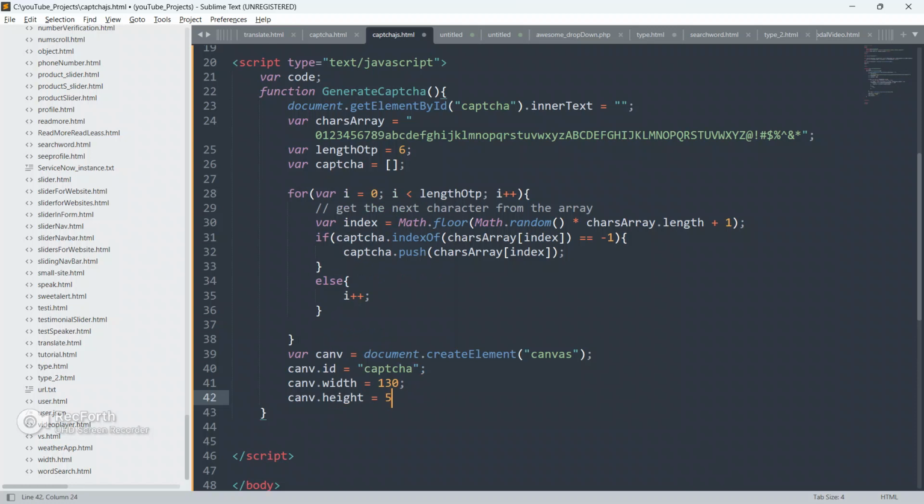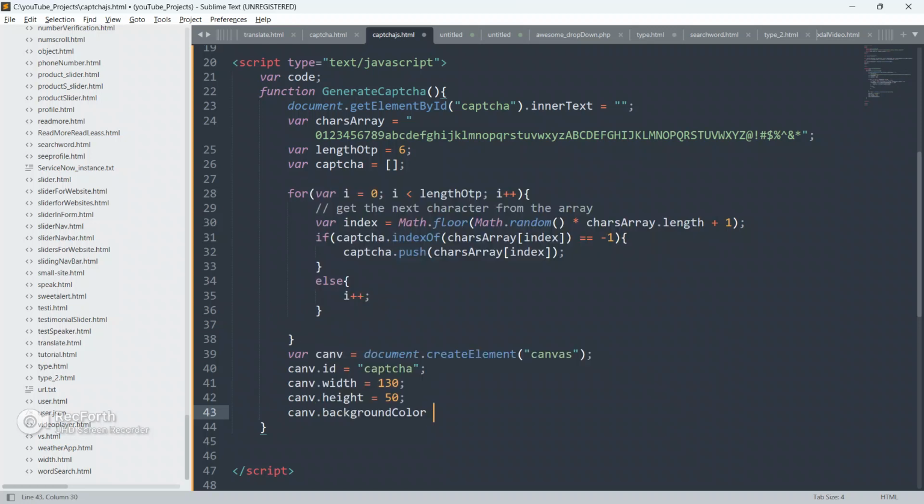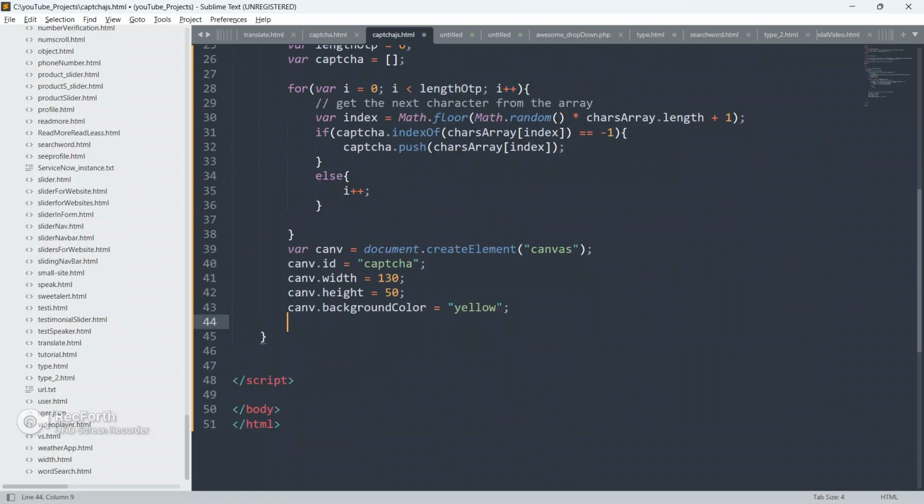Canv dot height, we are gonna put 50, and canv dot background color. What color, guys? We are gonna put yellow. You can put according to your choice, according to your taste, guys.